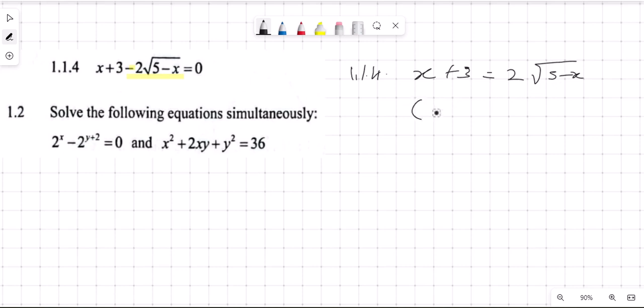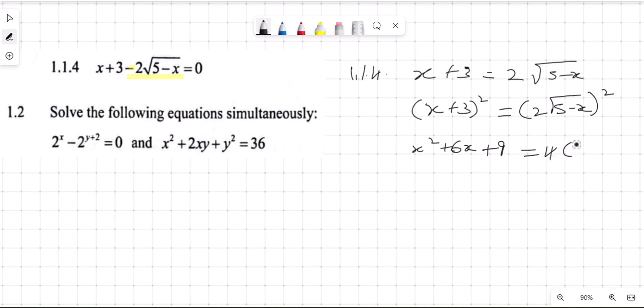Then this is a square root equation. What you do is square both sides to remove the square root. X plus 3 squared equals open brackets 2 square root of 5 minus x close squared. Then this is going to give us x squared plus 6x plus 9 equals 4 open brackets 5 minus x. Therefore x squared plus 6x